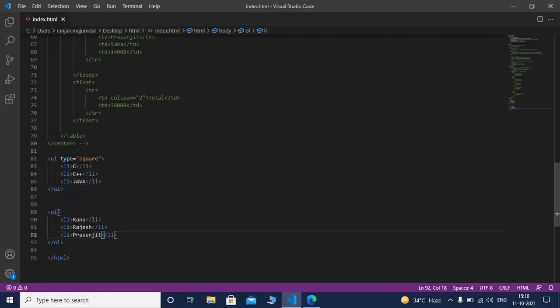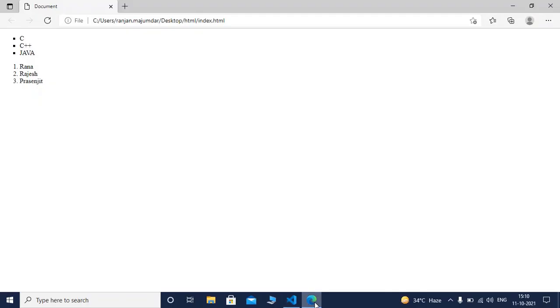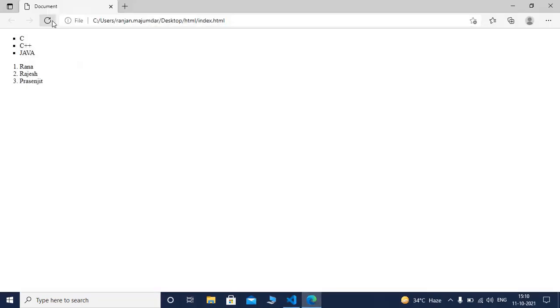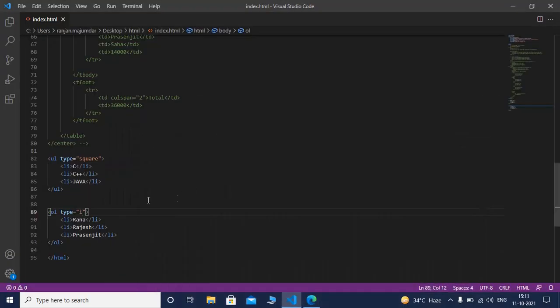Now I am using a few special attributes of ordered list, type. Here you can see by default the type is 1, 2, 3. That means by default the type is 1. Here if I write Latin 1, the output is saying 1, 2, 3 in Latin language.